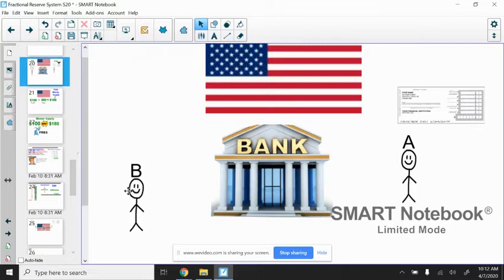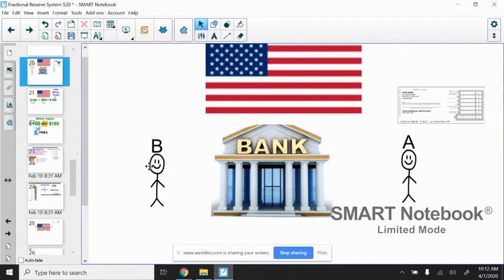But along comes person B. Person B does not have enough money to buy a wakeboard boat. And who wouldn't want a good wakeboard boat? So they go to the bank, talk to a loan officer, and acquire a loan. A loan is simply a service that a bank provides.